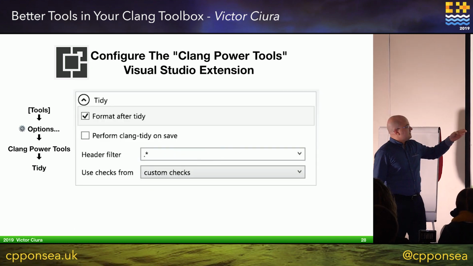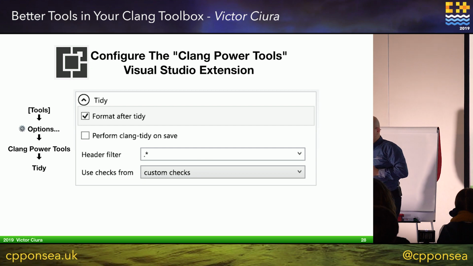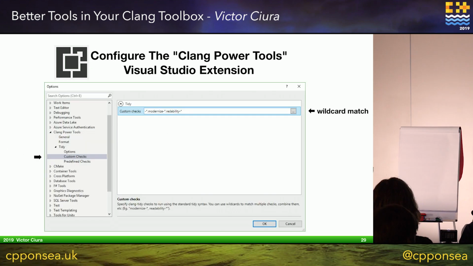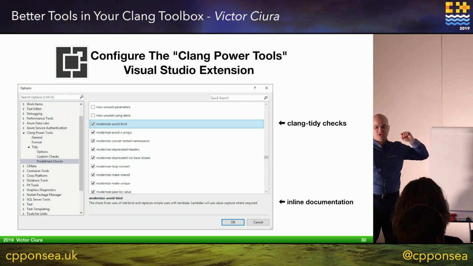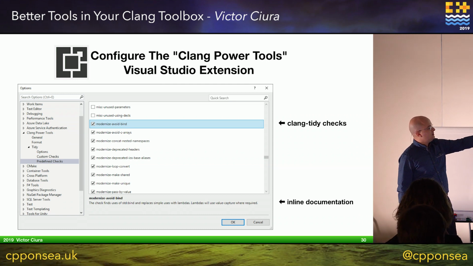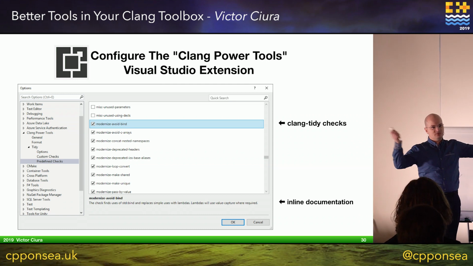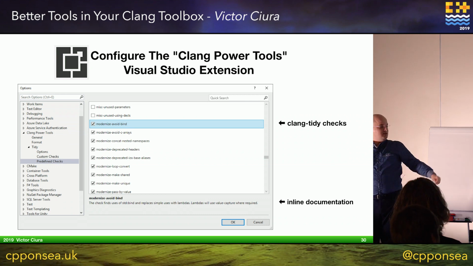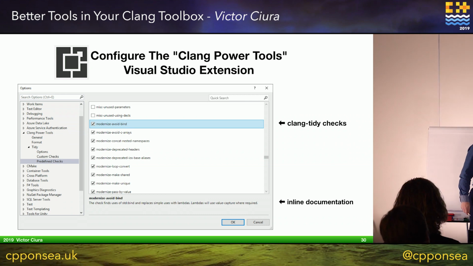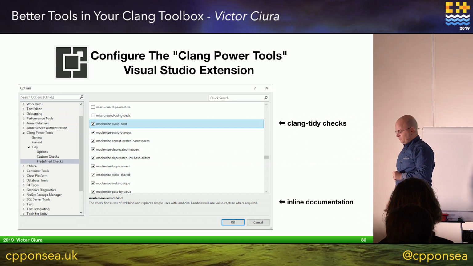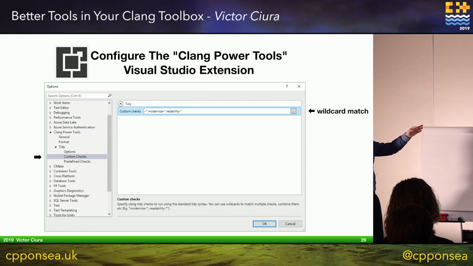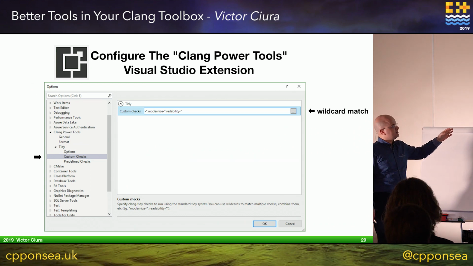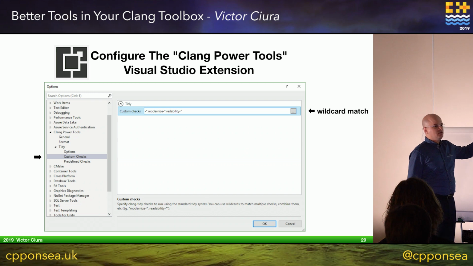So, for example, custom checks, you can run predefined Clang-tidy checks. You can define them by name. There's a built-in list with all the predefined checks in Clang-tidy. There's built-in documentation for each check, so you don't have to go to the web and read about it. You'll find it in this snippet section, the short documentation for that check, of course, not the long form. You can also wildcard match checks and, for example, run all the modernize checks or all the readability checks,